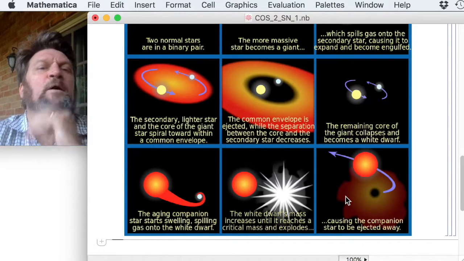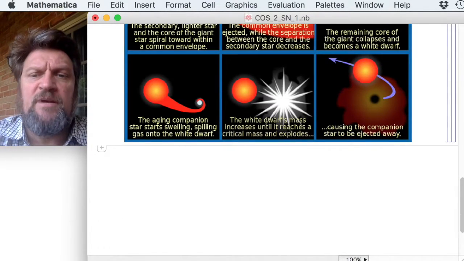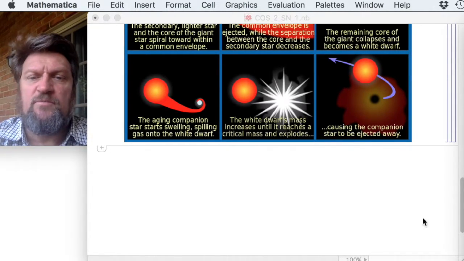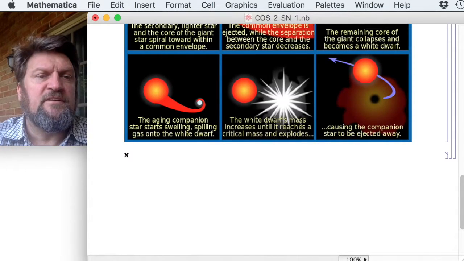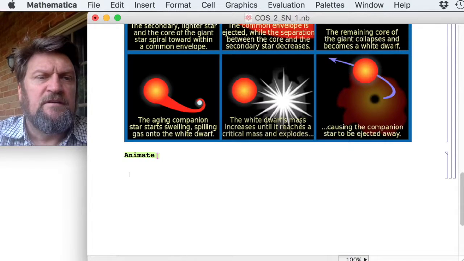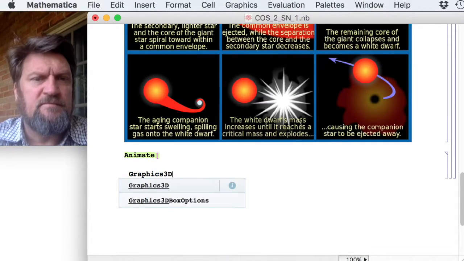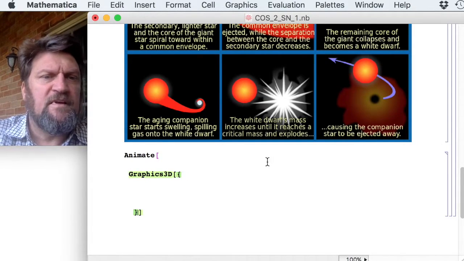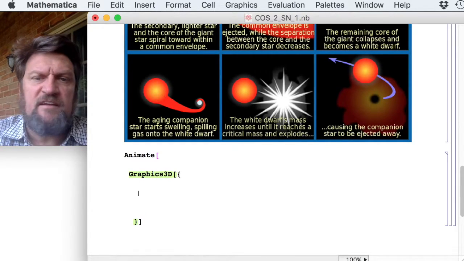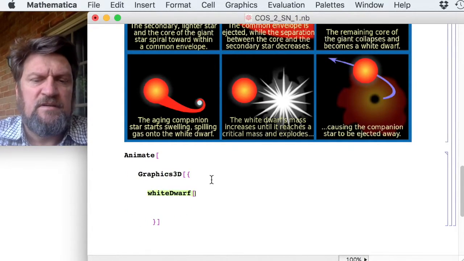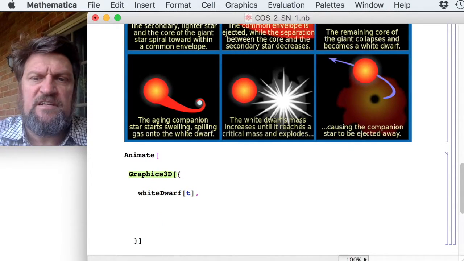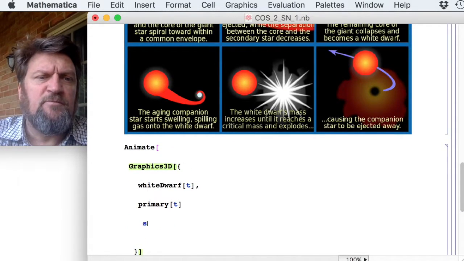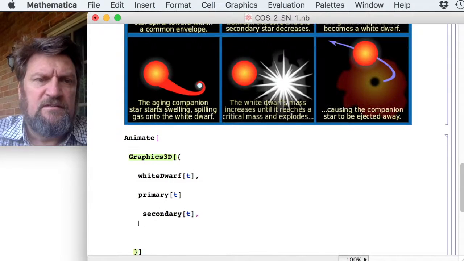So what would that look like to help you see it? We could imagine perhaps animating that. And so what we're going to want is, let's see, we're going to animate something. And so we'll have graphics in 3D. And let's see, what we're going to want in that is a white dwarf that's evolving over time. We're going to want the primary giant star doing its thing. We're going to want that secondary star doing its thing,